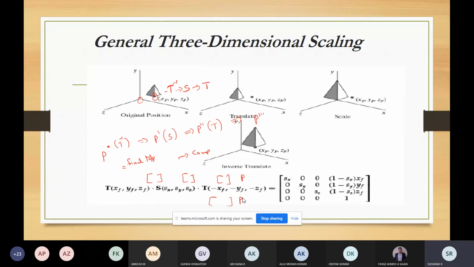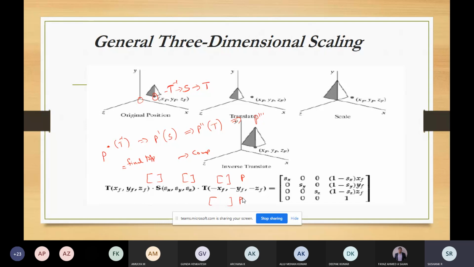So you can perform this transformation either by multiplying from the left hand side to the right hand side, or from the right hand side to the left hand side, depending on the order in which the matrix representations are specified. But always remember that the rightmost term in the matrix representation is always the first transformation.